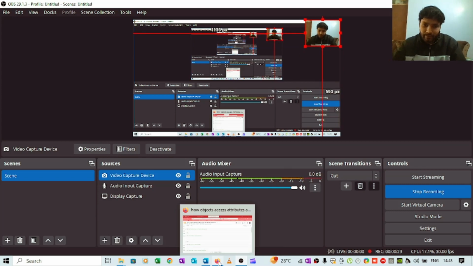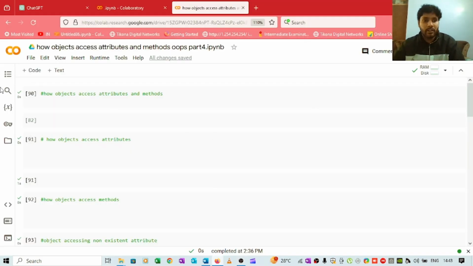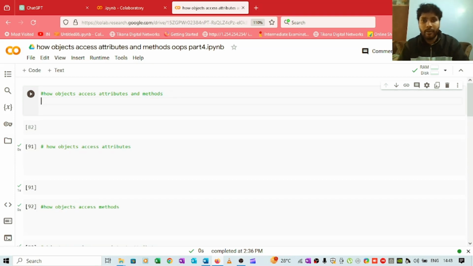So we have our Google Colab notebook here. The first topic we have is how objects access attributes and methods. For that we need a class, and we have already studied how to create a class and what things are required inside a class. So we have already covered that. So first we need a class, so you have to use the class keyword, and then you have to use